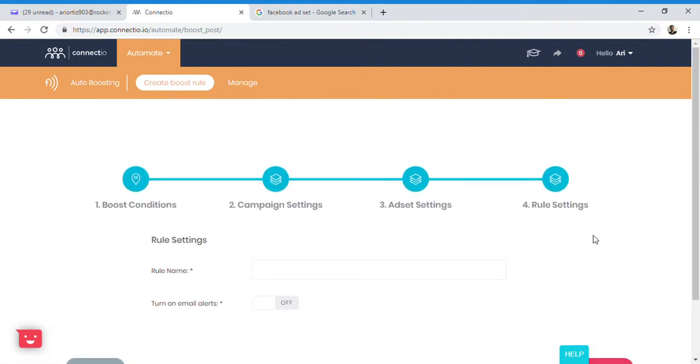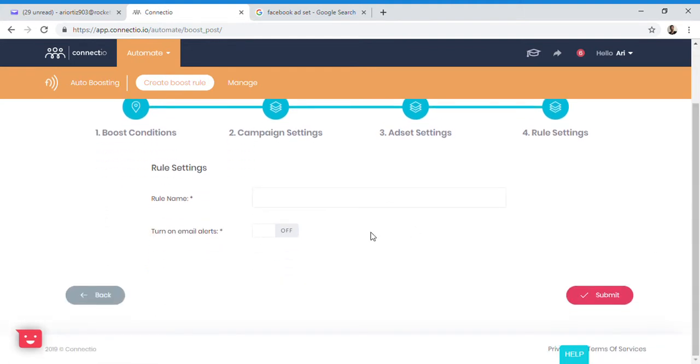Okay. And then for the rule name, you would, of course, give it a rule. So this would be like if it has a specific number of likes you are going for. That's what I will kind of go with. Let's see. Let's do if it gets up to 5 likes. And this could pretty much just be how you